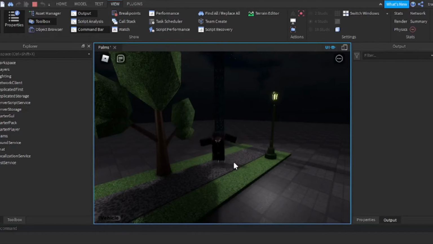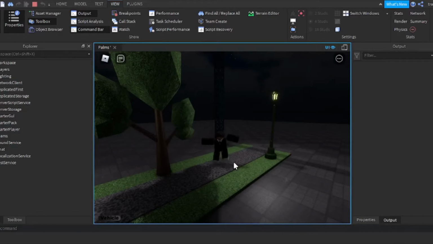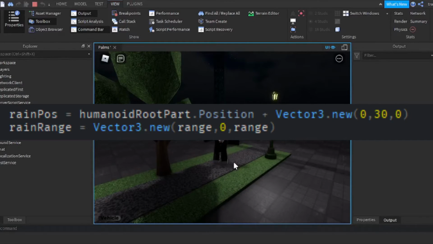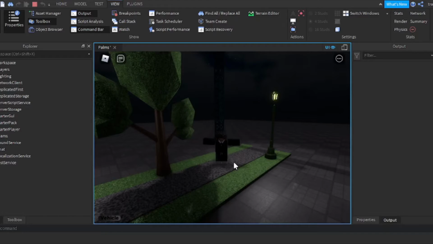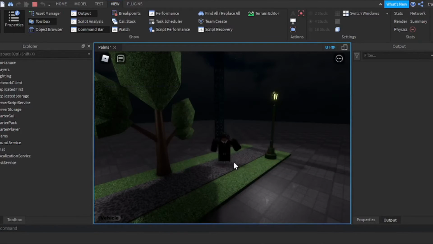which first of all, I set a position, basically 30 studs on top of the player. And then I set up a Vector3 value, which is basically the range of the rain. So out of that range, we get a random position, or as you can see here, a random CFrame with this function right here. This function basically returns the random position that we're gonna set our rain to spawn on top of the player. So what I did next was,